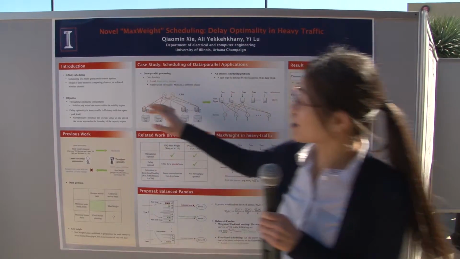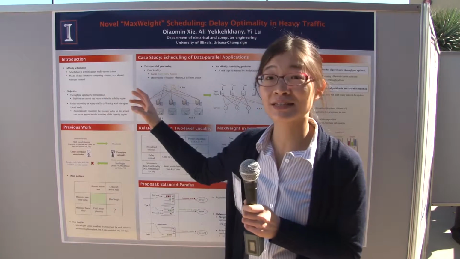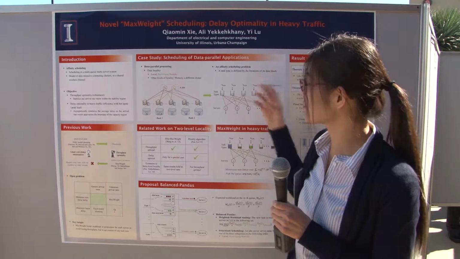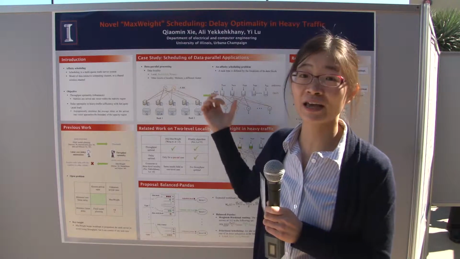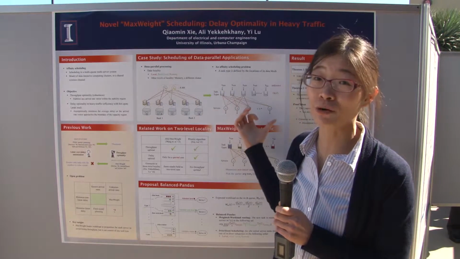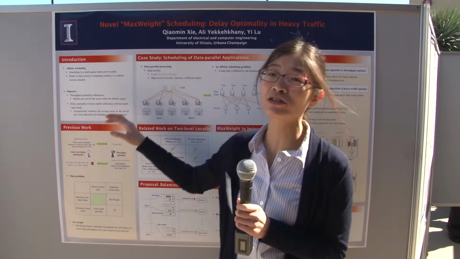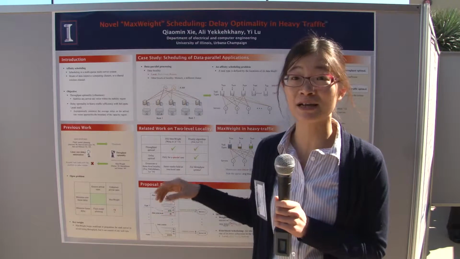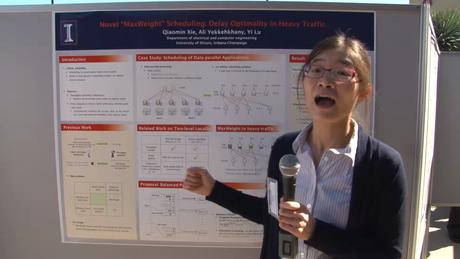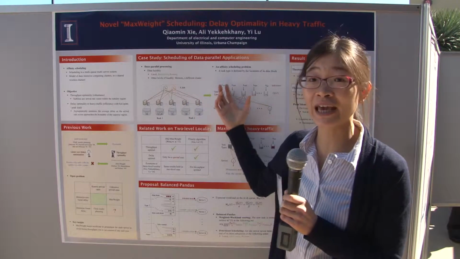We consider affinity scheduling problems in a multi-typed parallel server system. As shown in the figure here, task arrivals in the system are of different types and they can be solved by different servers at different rates. Our primary motivation for considering this model comes from the scheduling of requests across servers in a data center. In particular, here we consider scheduling of data parallel applications.